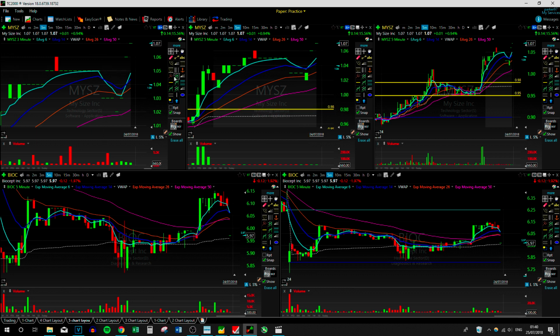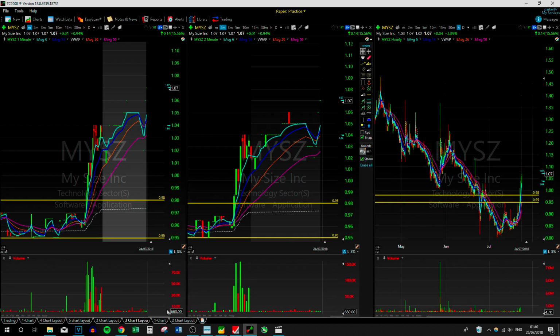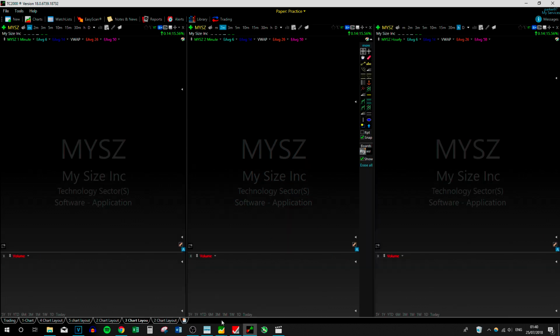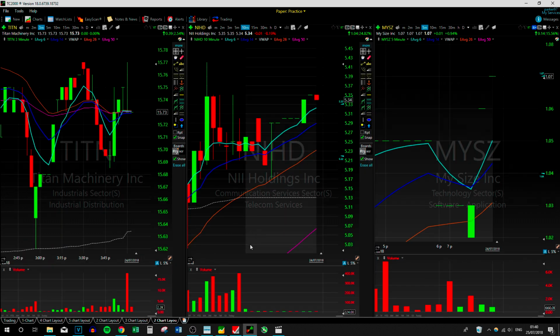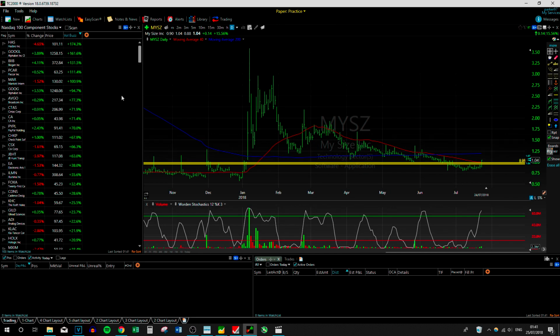So this is a pretty cool layout. You can choose your own layouts, and I've got a couple that I have on here. I don't use that one, so that can go. But this is quite a good charting software. They have their own trading platform, but I'm just going to use this mainly for my charting. So you can see here you've got the trading,